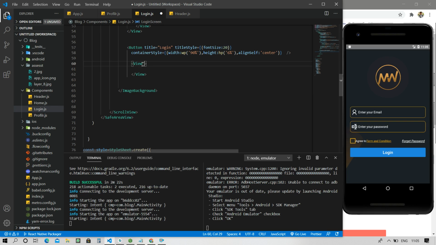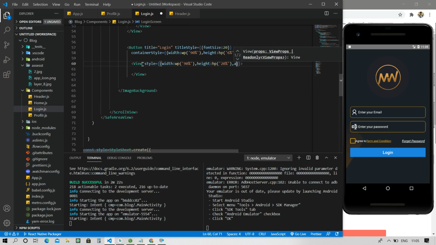Just go here and write a style property, give a width of WP of 90%, and a height of HP of 20%.